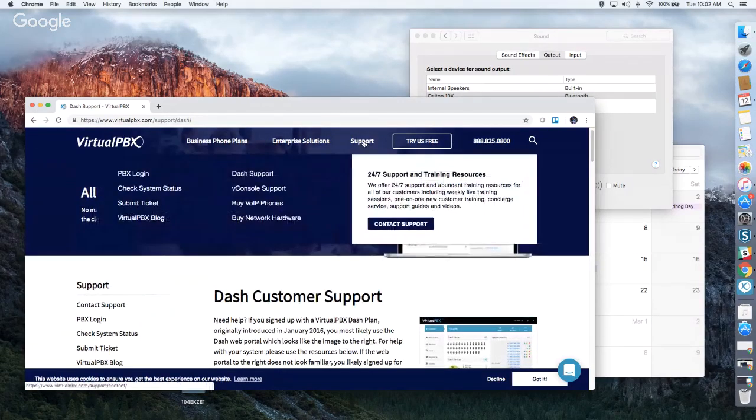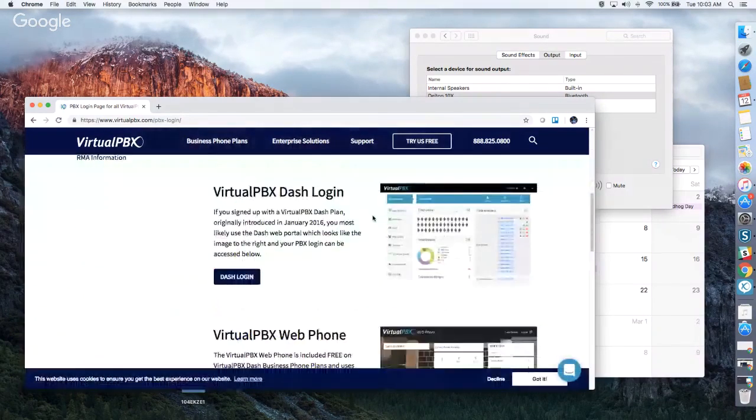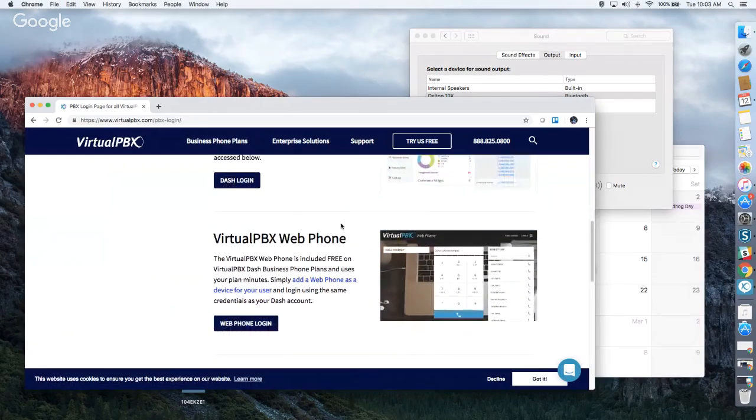In either case, to log in, you would go under support, PBX login, scroll down, and this is your Dash login. And then down below that, we have the VirtualPBX web phone. The web phone is a device on Dash. It's actually a VoIP device, so voice over internet. It makes use of a desktop browser, specifically Chrome and Firefox at this time. Basically, you add a web phone device to your user, and then at that point, you can log in here,